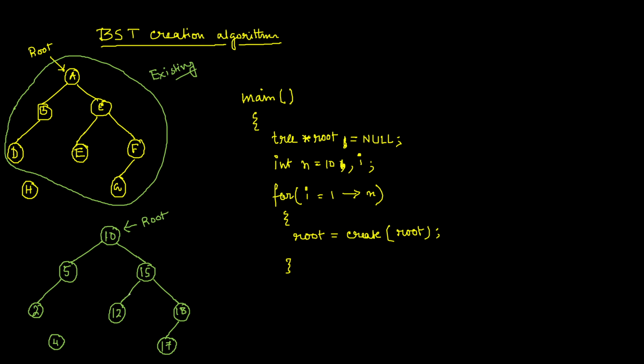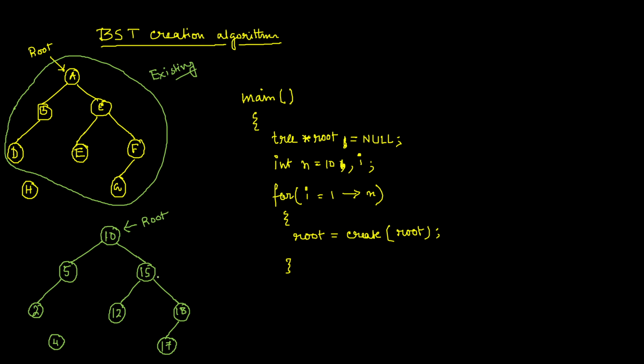So one thing it should be clear to you that in a binary search tree, the node is always inserted in the tree as a leaf node. You cannot do something like you just stretch this 10 and 15 and put in between 10 and 15 some value. It is not possible, like in case of a linked list or in case of an array. In case of a linked list, we can insert something in between second and third node, which is not possible over here. You cannot put directly some value between 10 and 15.